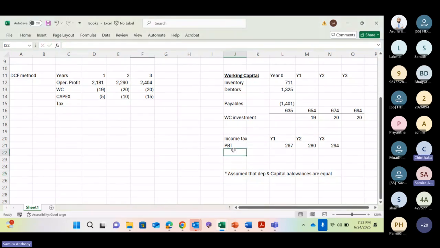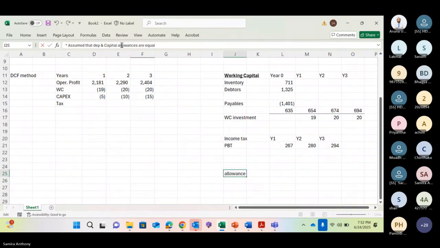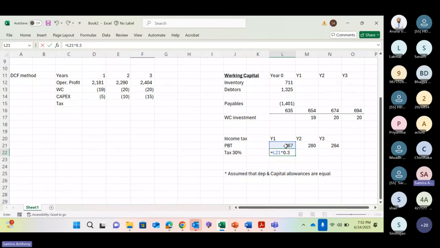Right. Now here, there is no information about capital allowances. Therefore, we assume depreciation and capital allowances are equal, right? So one doubt. Yes. In the 254 profit before tax, they have already deducted depreciation of 177. If we deduct the 50 million depreciation again, that will be a duplicate. No, now no need to do anything because we assume depreciation and capital allowances are equal.